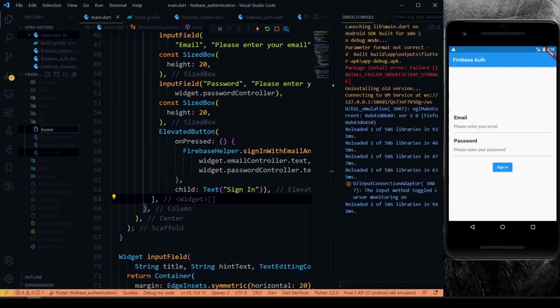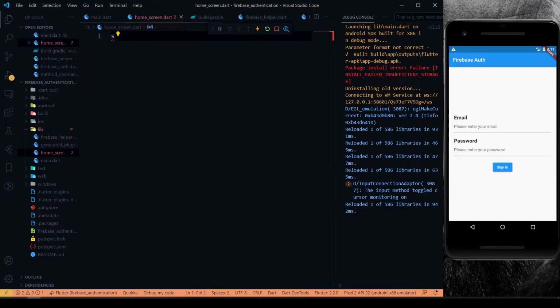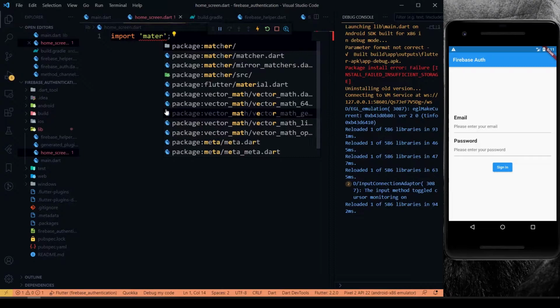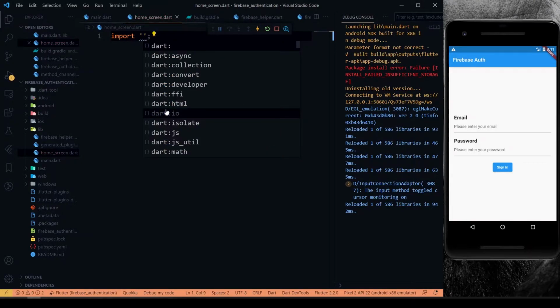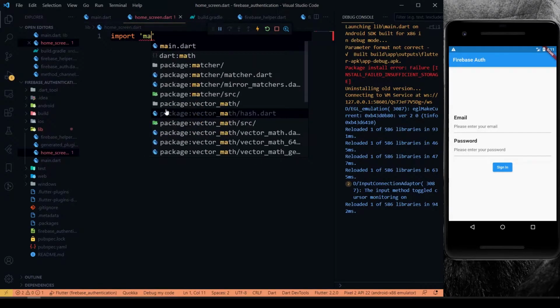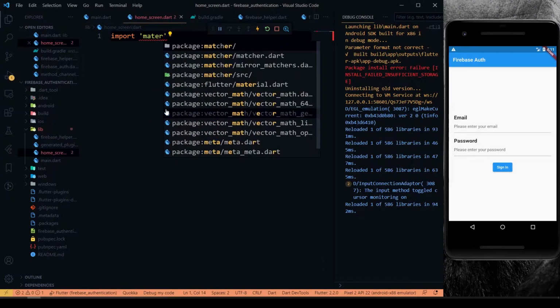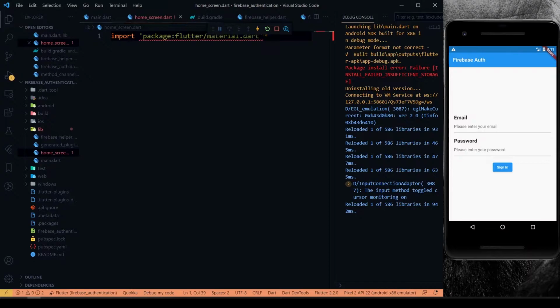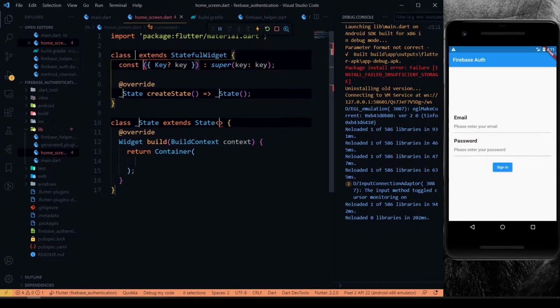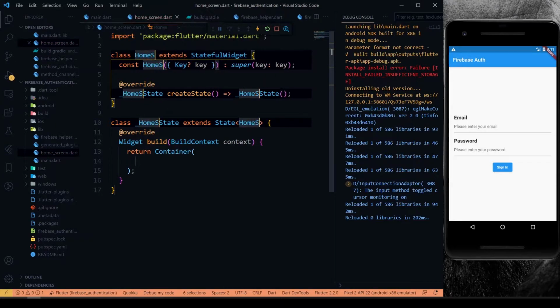Now we'll get another screen here, like a home screen. We'll import the material package. After that we'll create a stateful widget called home screen.